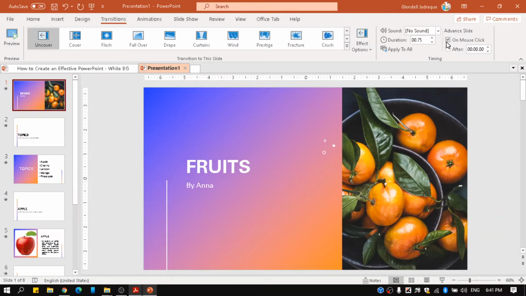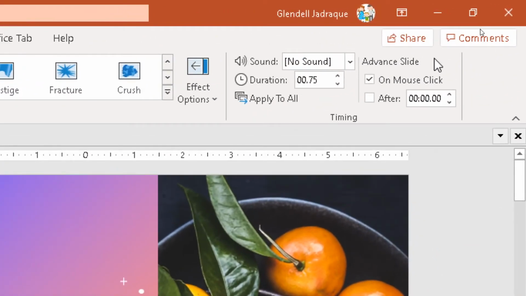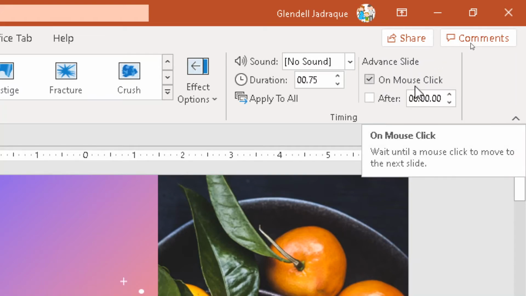Now here in this part, you will see Advance Slide, right? Most of us don't actually make use of this. But if you want to take control of your presentation, you just need to make sure that On Mouse Click is already checked. That means that everything takes place by your command. When you want to move from slide number 2 to slide number 3, you do a mouse click. It's not really necessary to click the mouse, but when you perform a command like hitting space,